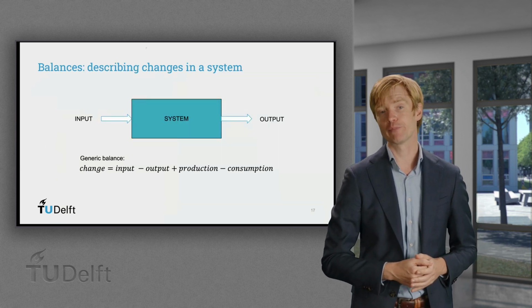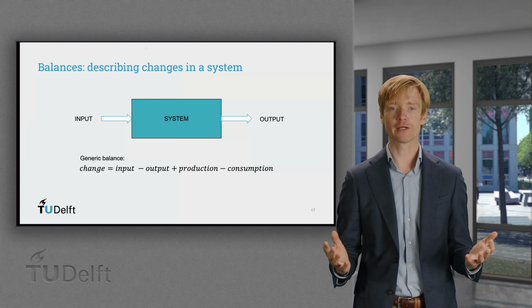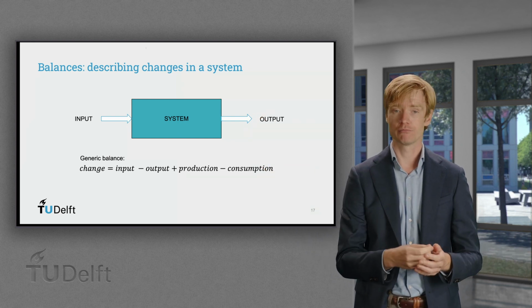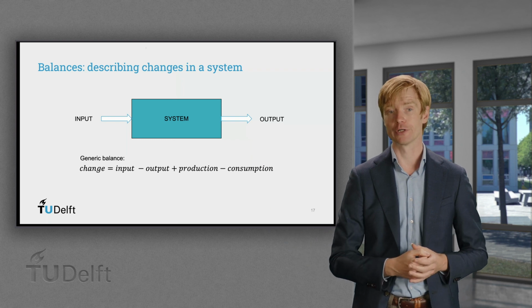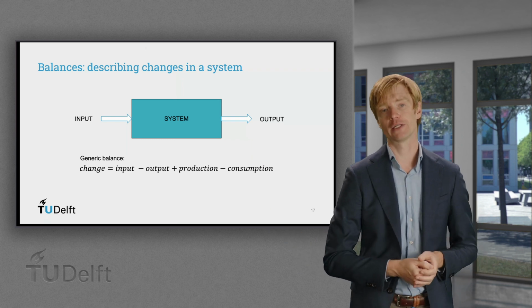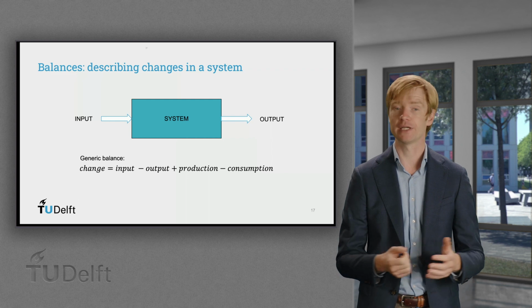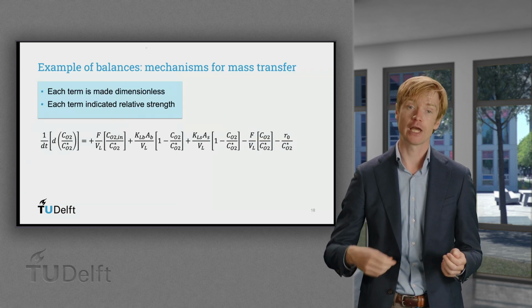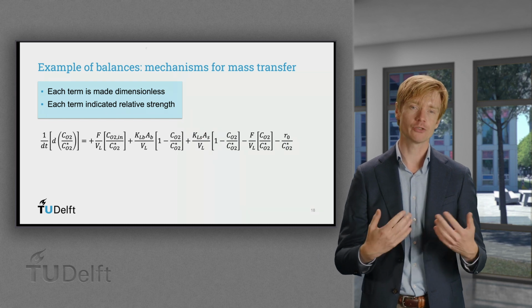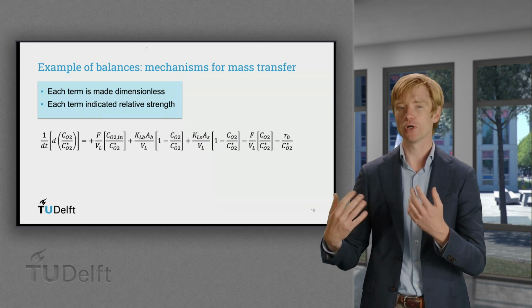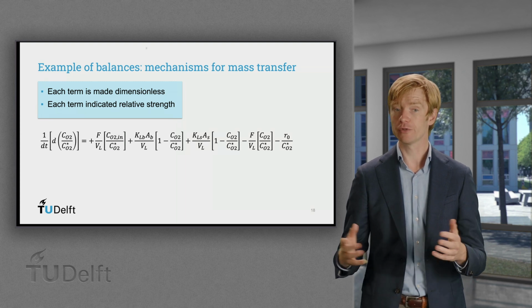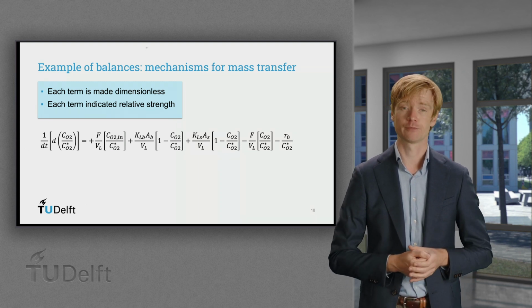Related to timescales are balances. Coarsely speaking, at whatever scale you're operating, what goes into your system has to come out in one form or another, but the dominant physical mechanisms by which this happens may be scale dependent. By setting up balances and making them dimensionless, you gain deeper insights regarding which physical effects play a role and what their approximate quantitative influence at different scales is. This will be further treated in one of the next lectures.